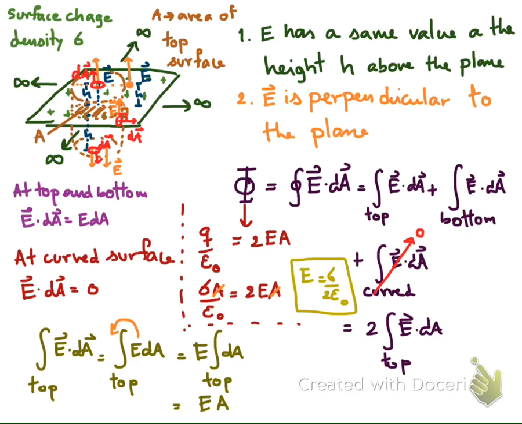Okay, this is the magnitude of the electric field, and the electric field points away from or toward the plane in the perpendicular direction to the plane. Okay, it is interesting that E does not depend on h, so it means that